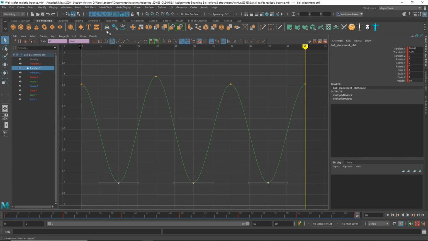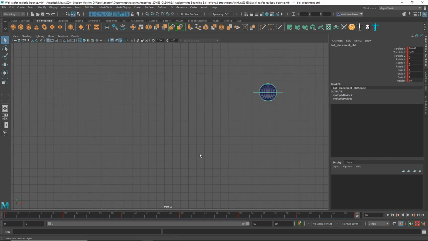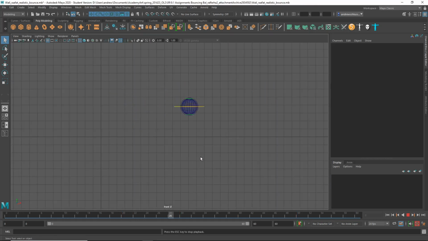Again, all of these should be broken. It doesn't look like you've adjusted tangents at all. All of these should be broken, and you've got to move these up. And just that'll go a long way. I'm just left mouse marquee selecting and then middle mouse dragging to rotate these. And then it's like